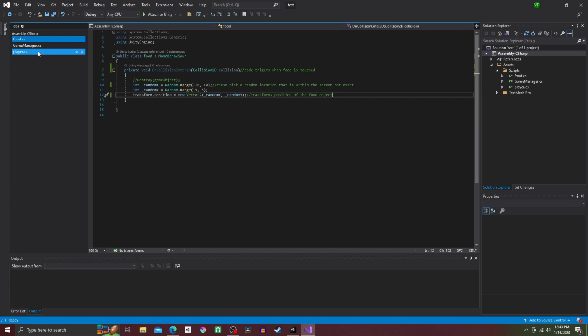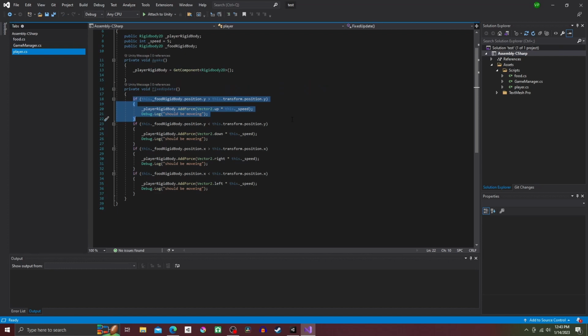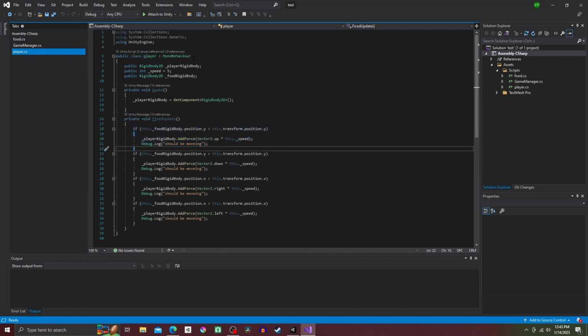Now switch over to the player script, and the first thing we're going to do is make a rigid body for each object and create a speed integer equal to 5. Then create a private void Awake method, and inside of that, use the player rigid body we made in the namespace, and type _playerRigidBody = GetComponent<Rigidbody2D>();